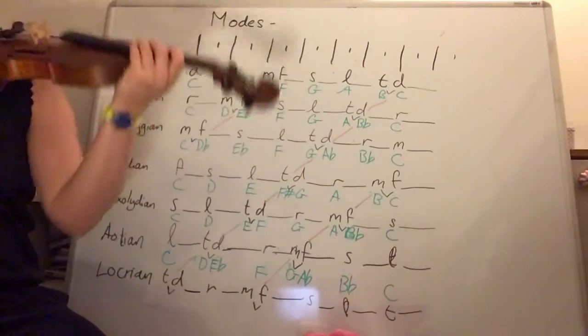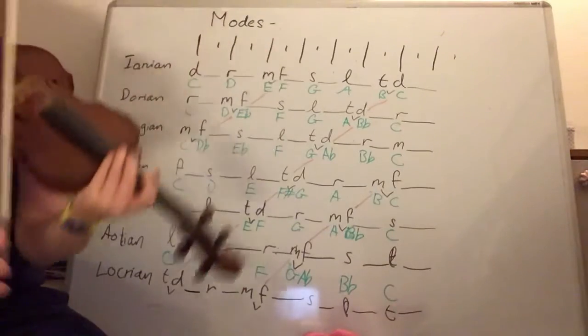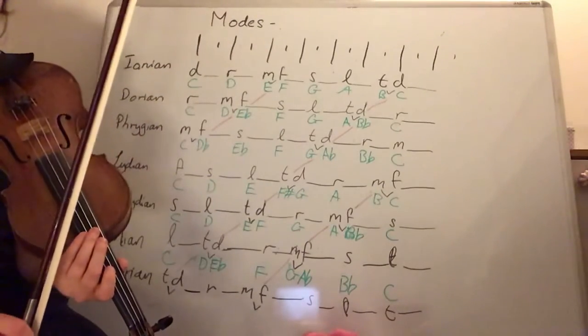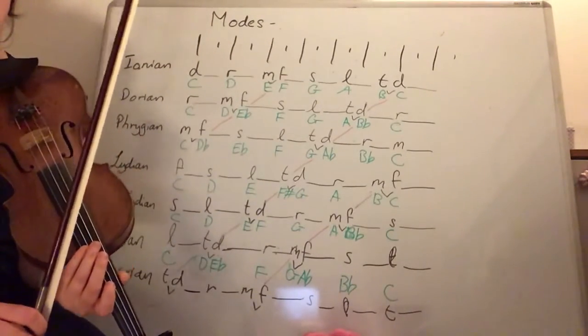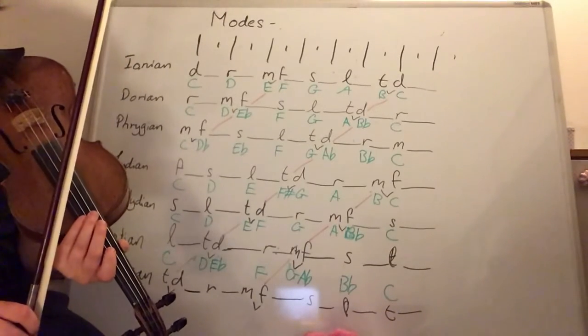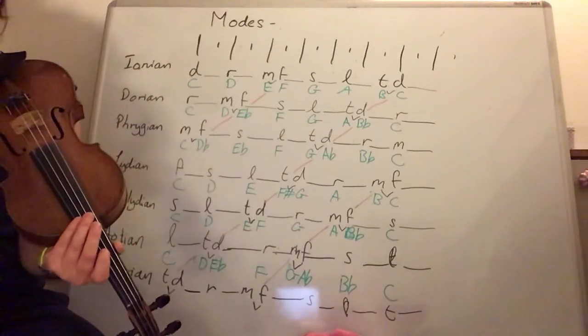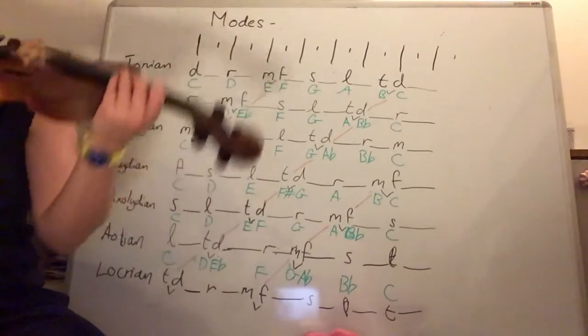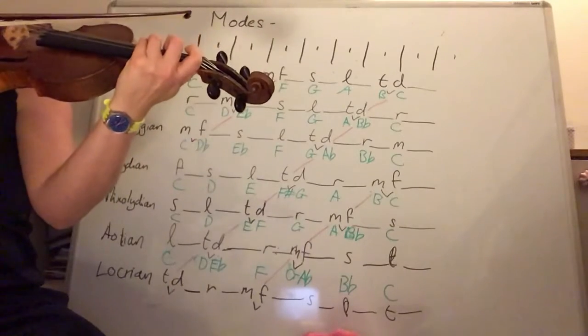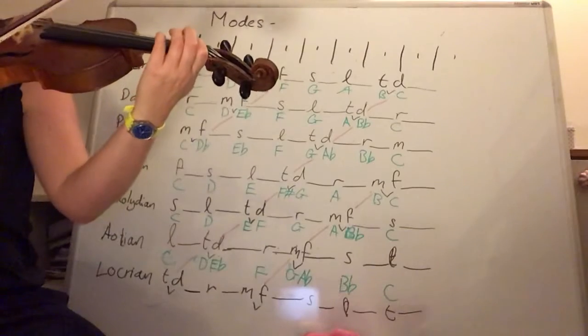Okay, so if we start with a C, and we're going to use our low fours to create the D flat. Cellos, it might be worth talking to Charlie about how to find some of these notes, what position you might want to play. For the D flat, you can do a low one if you use your open C for these ones. So C, D flat, E flat, F,